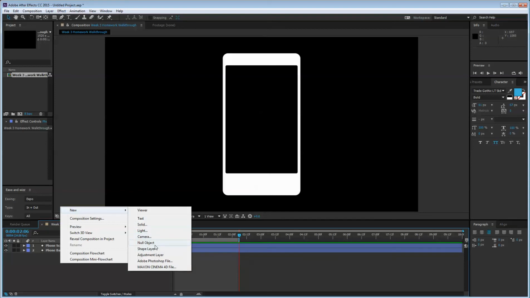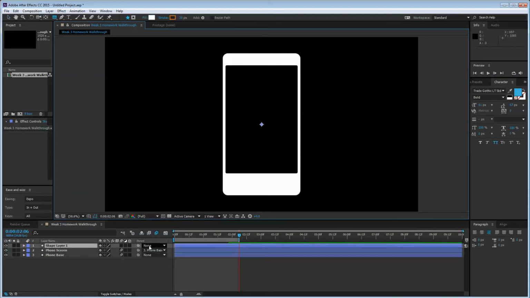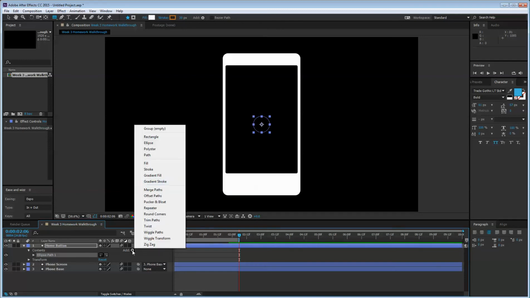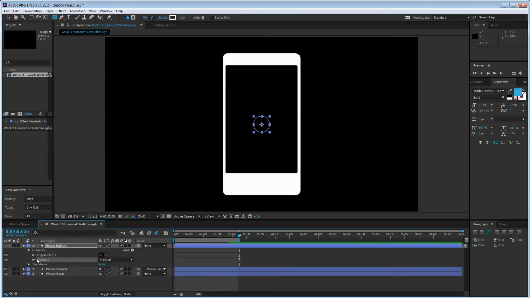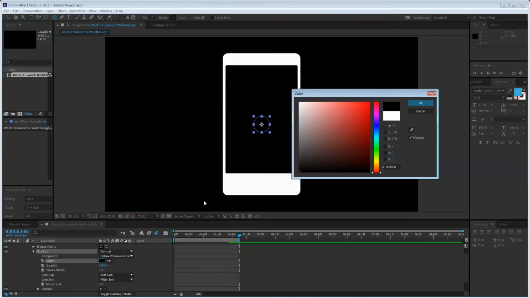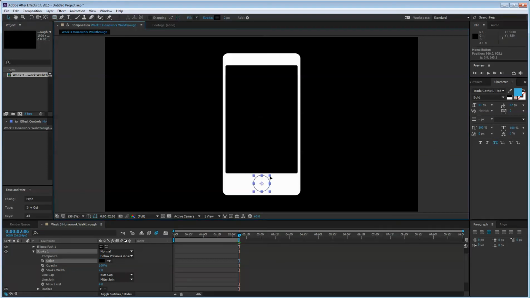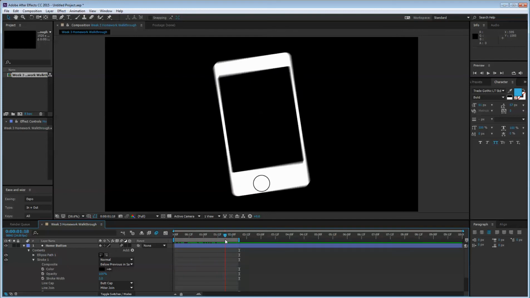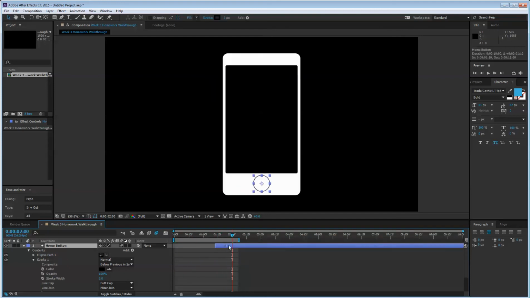So let's do a new, I'm just going to create this from scratch. I'm not really going to look off of anything. New shape, I'm going to add the motion blur from the beginning. I'm going to call this home button. We're going to do an ellipse with a stroke, and that stroke is going to be black. And I'm just going to drag this down and do a stroke width of like 3. Okay, looks good. And let's scroll to where after our rotation, and let's bring the start of this to that